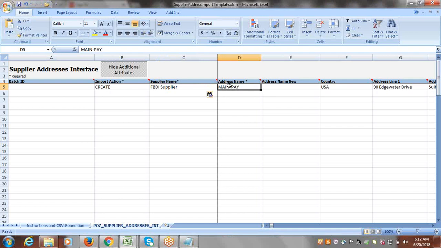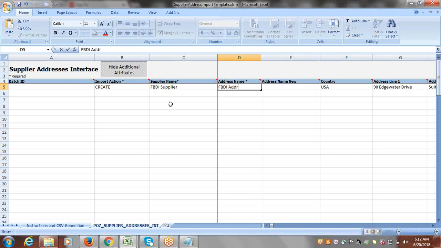Since these are master records, you don't see that option. And another point is, through the spreadsheet, there is no delete option for any data. Take any data, master data or transactional data, for any application or product family, you don't find an option for deleting. You can only create, or you can update an existing record if you want. Fine. So address name,